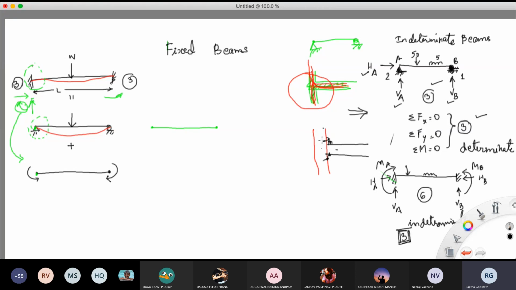You understood? There is no connection that is there from the column into the beam here, right? So this joint is less fixed than this one, right? This is more fixated and this is not as fixated as this one. Okay. So what I'm saying is that this joint here has less freedom. It has almost zero freedom to move, right? And whereas this has more freedom to move, isn't it?